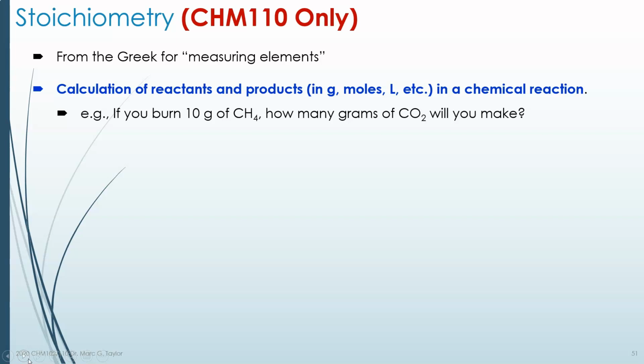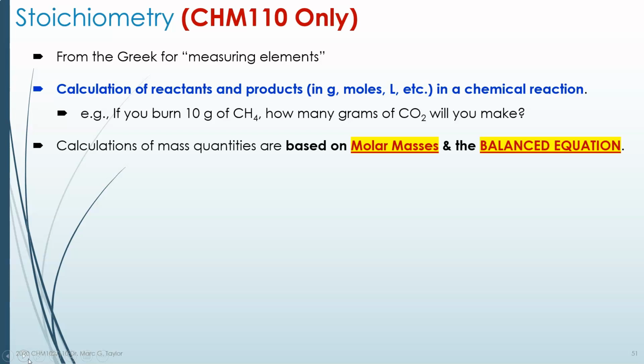Well, before you can even tackle this problem, we need an equation. And you know that this is a combustion reaction. It's a carbon compound that you're burning. Burning means you're reacting it with oxygen. So we need to produce a formula. And then after we do that, we can look at the formula, we can balance the equation, and we'll have